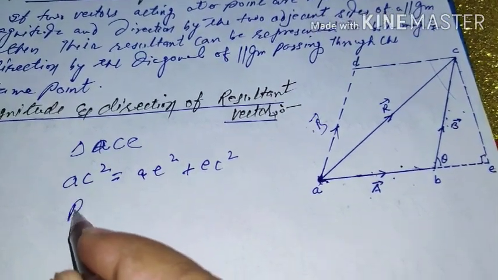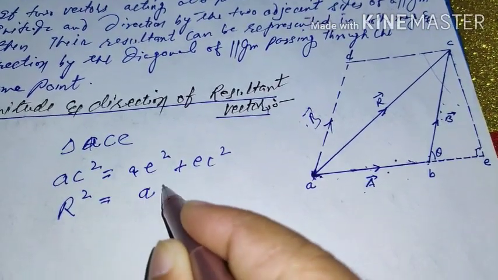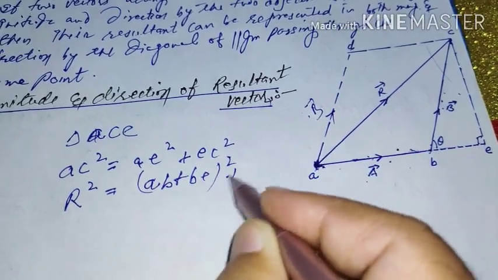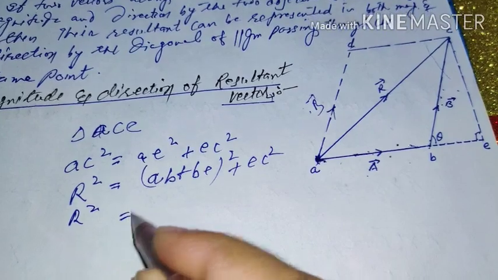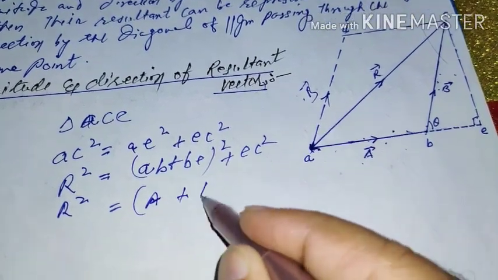AC square is R square. For AE, I am going to write AB plus BE, square, plus EC square. So this will become R square. For AB, I can write A plus BE